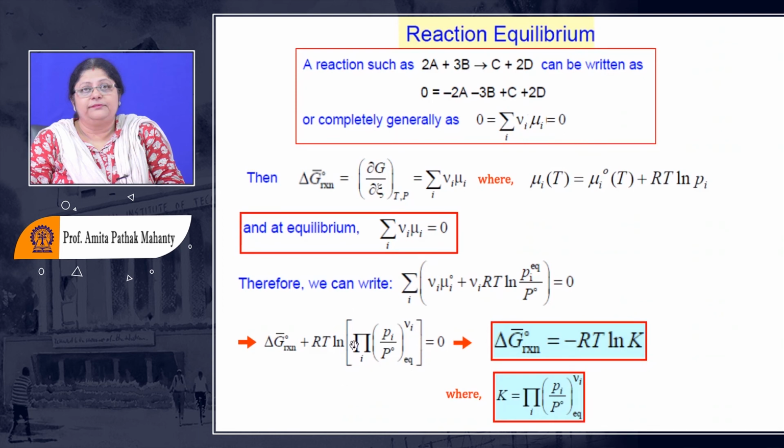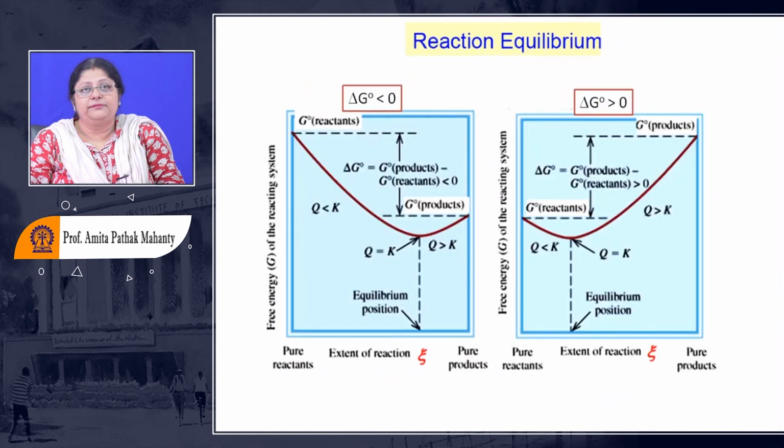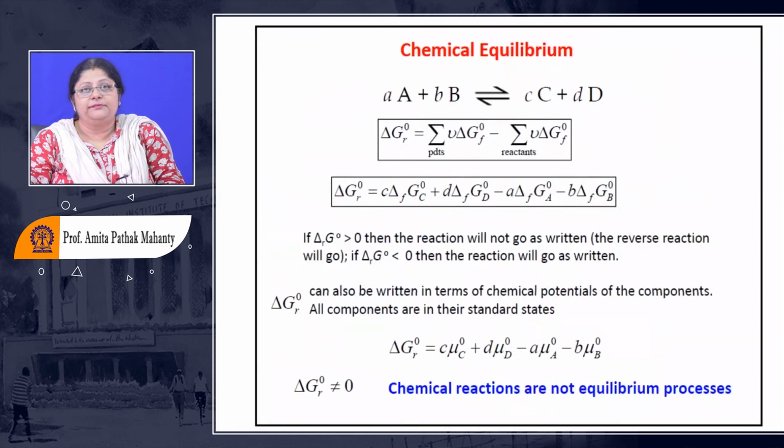This you know, right? So what I have now defined as the expression is delta G reaction of the mixture equal to RT ln K, where K is defined as the partial pressure of each of the species by P naught raised to their respective stoichiometric coefficient at the equilibrium concentration. Okay, this I will come to a little later. So this is what I am going to look into.